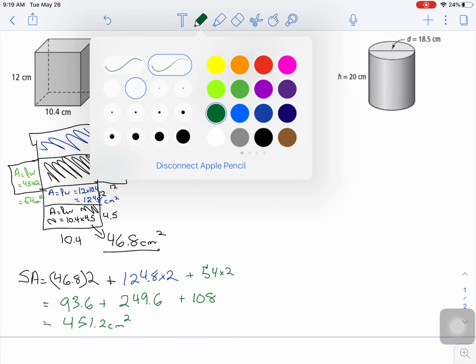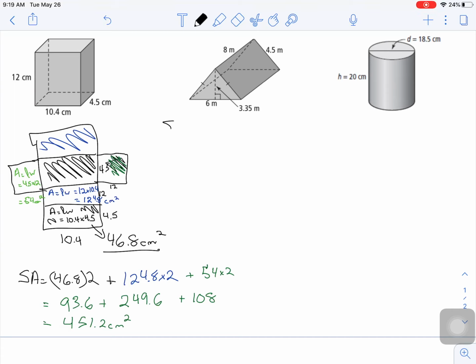The second way, I'm going to actually just use the formula where we have surface area is equal to base times height divided by 2 times 2 plus length times width 1 plus length times width 2 plus length times width 3. Well, the base in this case, again, we are to find the base. Which one's the base? It's not always the bottom one, but we're looking for a right angle, and we see a right angle right here. So the base in this case is 6 times 3.35 for the height divided by 2 times 2 plus the